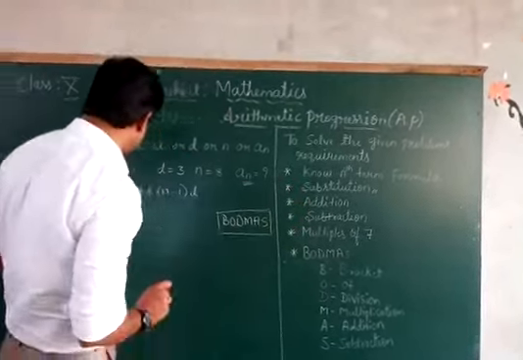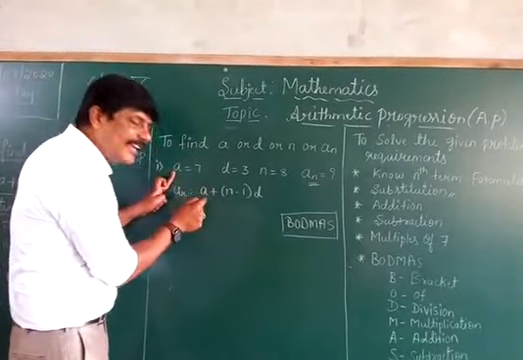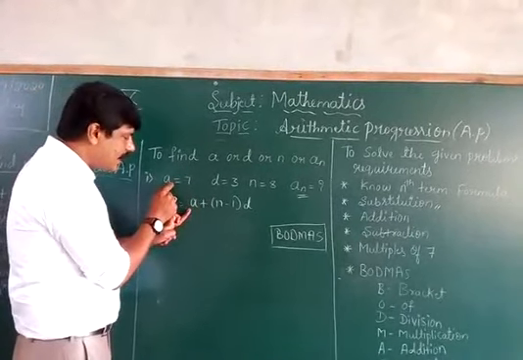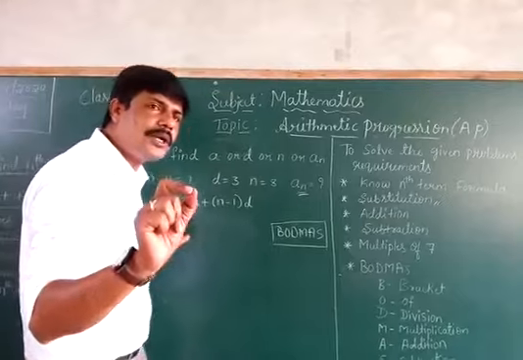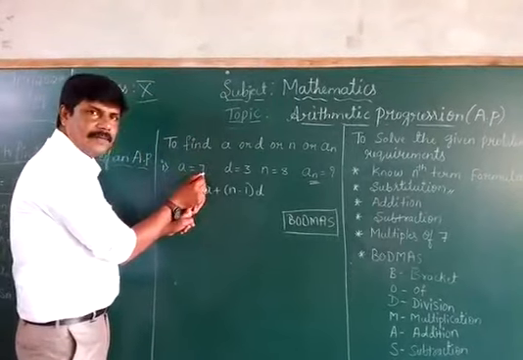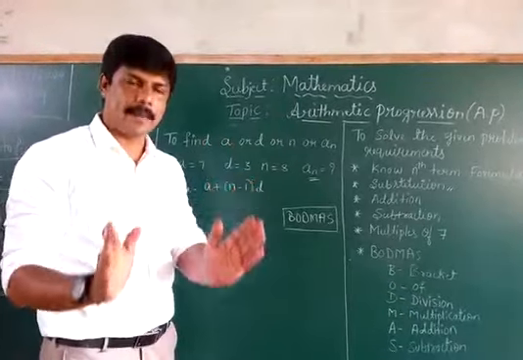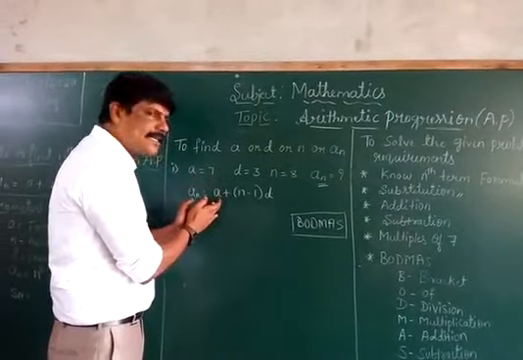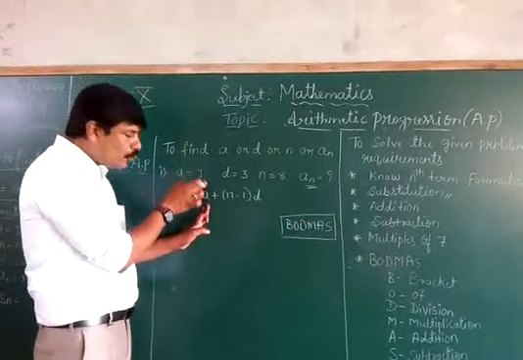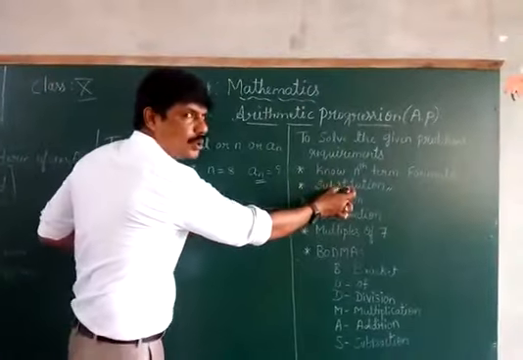What is substitution? For example, here A is equals to N. Now what we are going to do is, in place of A, we are going to introduce 7. Why are we going to introduce 7 in place of A? Because A equals 7. A equals 7 means 7 and A are one and the same. So in place of A, I can write 7 because it is given. If you write A equals 7, and in place of A you write 7, then you are substituting. Okay.